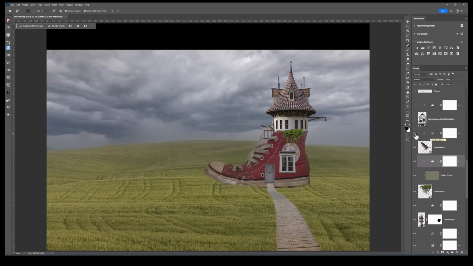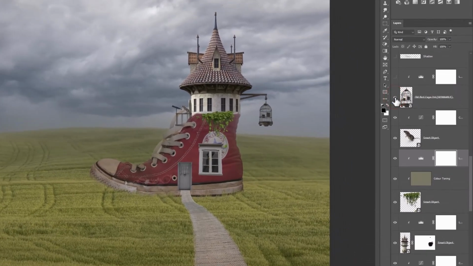Now I look at the image and I think over on the right hand side, there's negative space. And I think there could be something there. I wasn't sure. Again, I went into my creative stash and I had a look at what I had, and then I added the bird cage. And why I added that in, to me, I felt it gave a balance to the overall composition of the